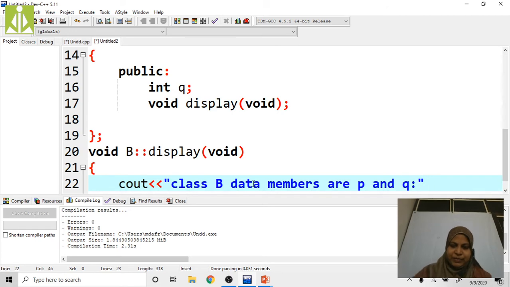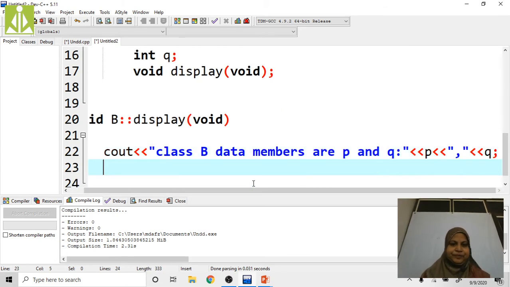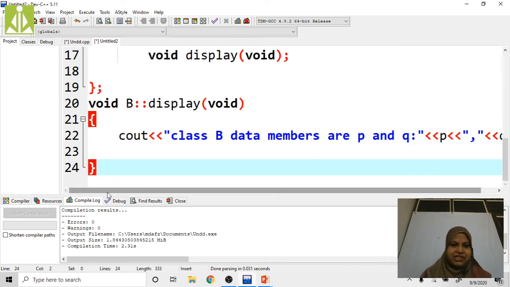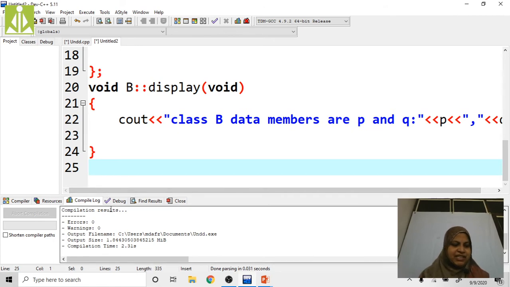Now I want to print the value of P, put the comma, then Q, right? Up to here the class B display definition is completed.